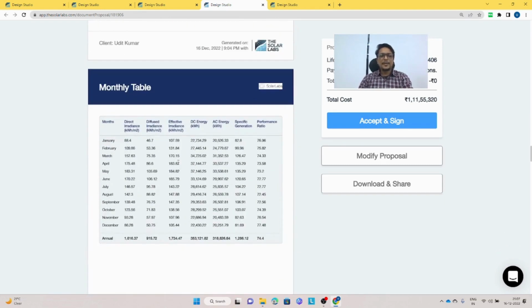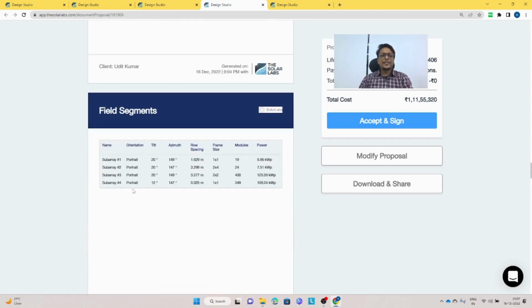Then monthly table data, where you can see what the direct irradiation, diffused irradiation, and specific generation are month wise, and annual wise as well over here. Then there's the field segment where you can see sub-array 1 is placed at which tilt, how much azimuth, how much the row spacing is, and what the frame size is. This helps the site engineers and the customer as well,